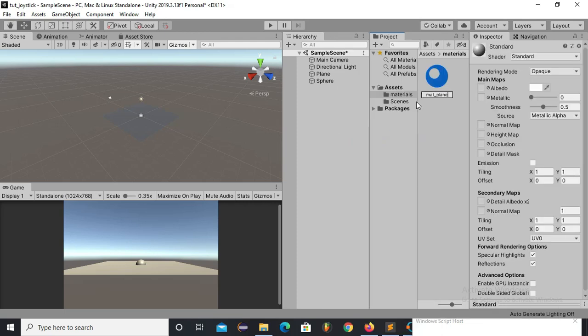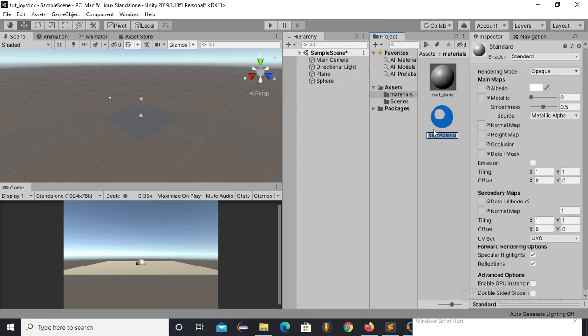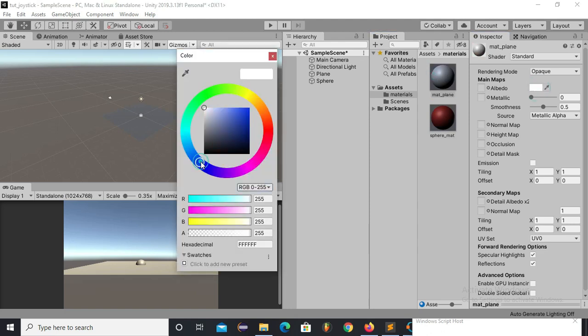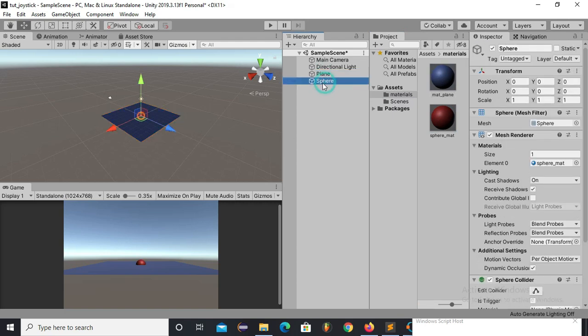This material is for the plane, and I will create one more material for our sphere and change its color. Now apply these materials on their corresponding game objects, and now everything is fine. Save the scene.